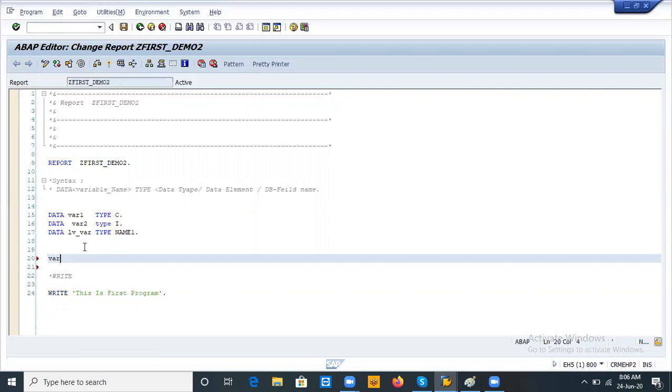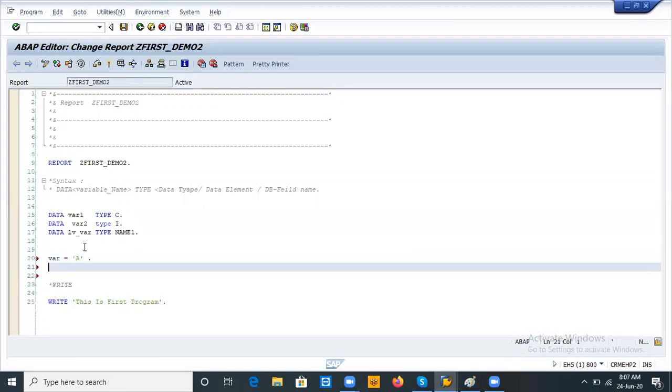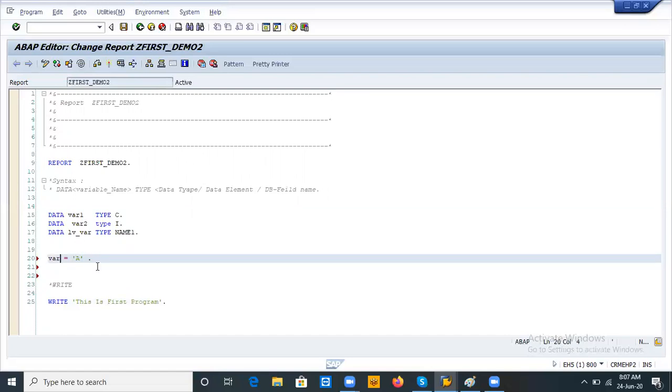For this variable I am assigning a, a character value, and full stop. Here this is variable 1.